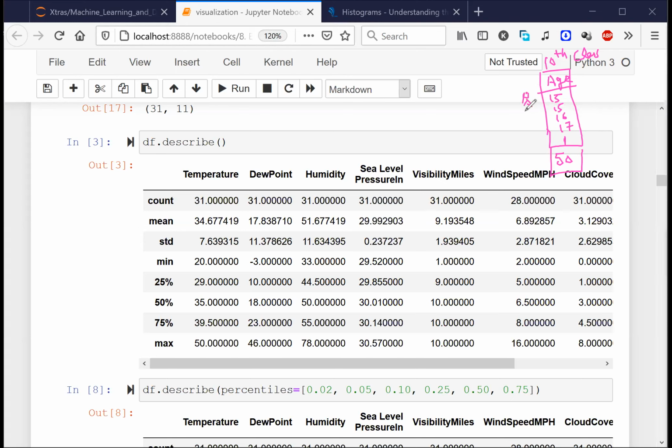Let's say there is one person with 15 years of age, another person with 16, another with 17, another with 1, another with 50. Which points are outliers in this data? Shweta, correct. Can I say both 1 and 50 are the outliers? Normally a 10th class student is going to be in this age group. But a 1 year old child can't be a 10th class student, right? Similarly, 50 years old looks like an outlier. There is something wrong with these two data points.